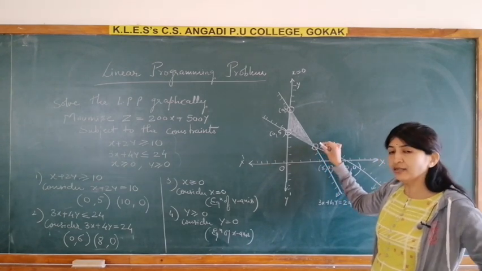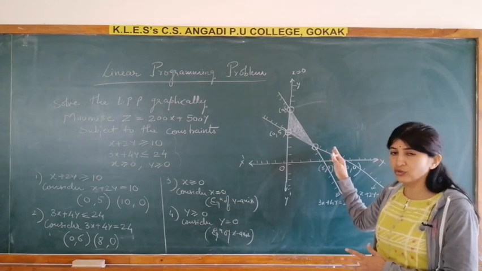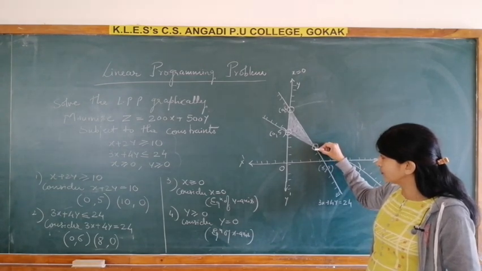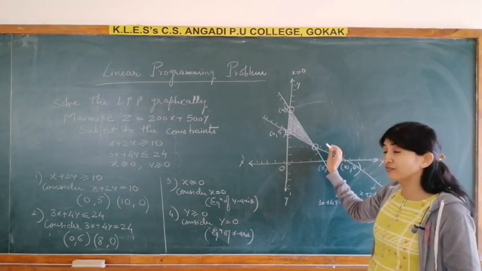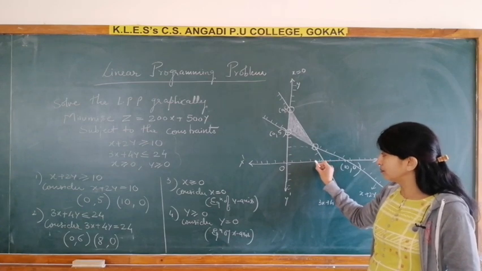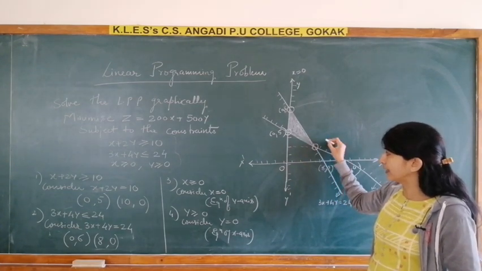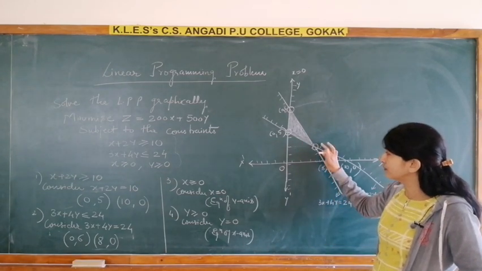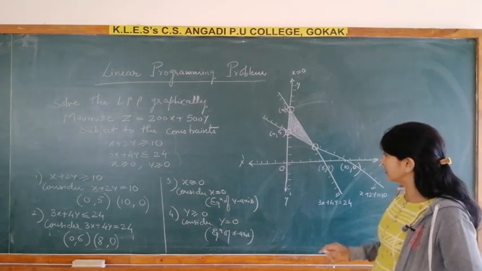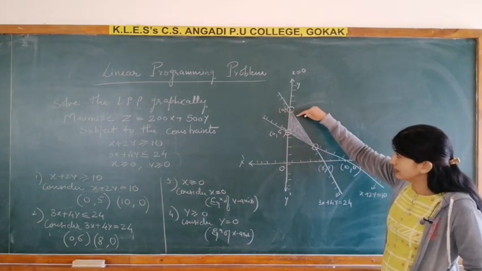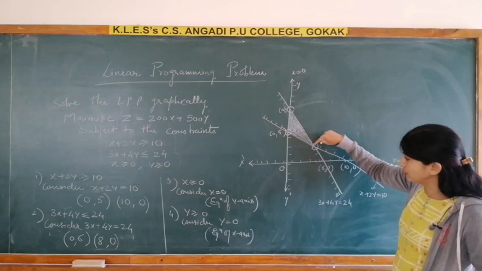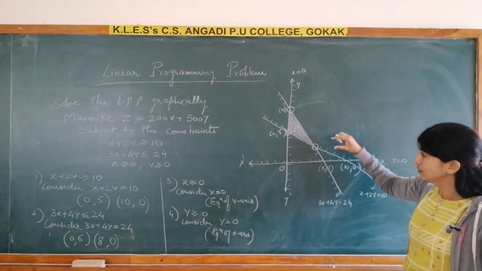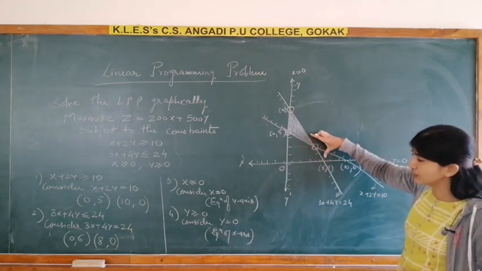This you can find in two ways. In a graph, see here, you will solve it on graph paper. So in a graph, the point where it intersects, from that you can find the coordinates. If it exactly touches a whole number, then only you can write the answer. If it is in fraction form, don't take it. So we don't know the coordinates of this point. How to find the coordinates of this point? See that this point is the point of intersection of this line and this line. Find out this is the point of intersection of which two lines?